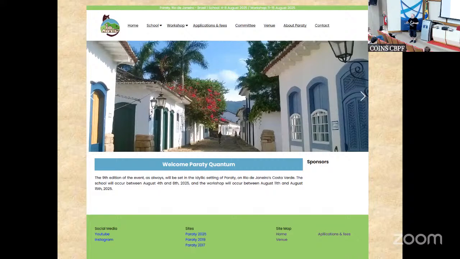We select the works as talks or posters, and everybody is welcome to come. We have limited space, so we can fit around 120 people more or less. But it's a very nice environment, and we organize the conference in such a way that you never get too tired. For example, at the school, you have talks in the morning, then a huge lunch break, then talks in the afternoon. The workshop works in the same way.